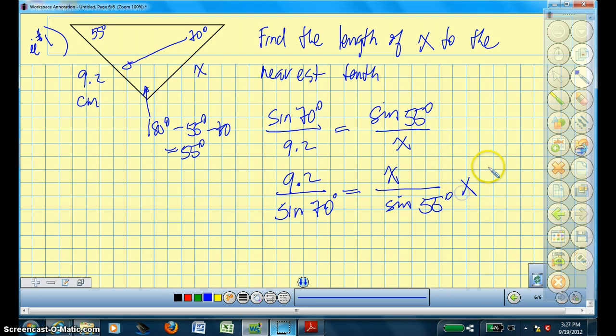All I have to do now is multiply both sides by sine 55 degrees. And now this and this cancel and I'm left with x all by itself on this side, that means x is going to be approximately